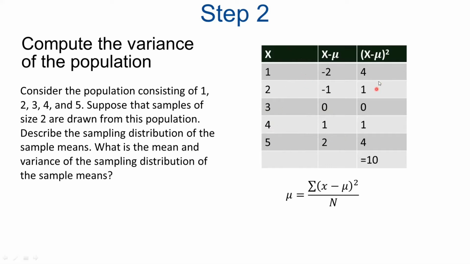So next is to get the squared of X minus mean. So negative 2 squared is equal to positive 4. Negative 1 squared is equal to positive 1. 0 squared is equal to 0. 1 squared is equal to 1. And 2 squared is equal to 4. So the total is 4 plus 1 is 5. Plus 1 is 6. Plus 4 is equal to 10. So the variance is equal to